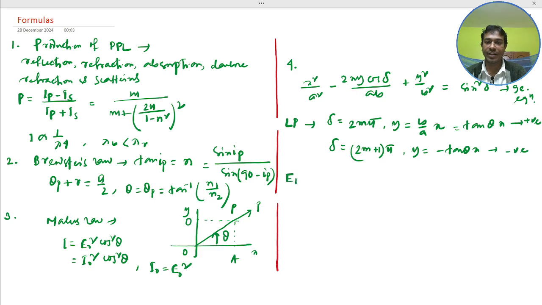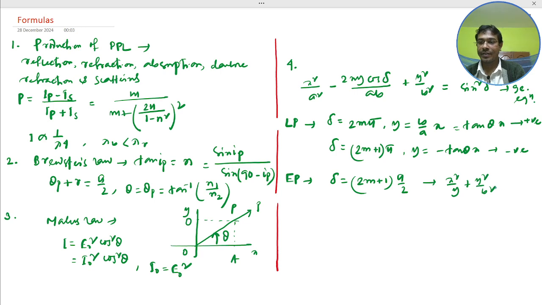For elliptical polarized, delta would become an odd multiple of pi by 2. Odd multiple of pi by 2. This is very very important. x square by a square plus y square by b square is equal to 1, the equation of an ellipse. And for circular polarized,